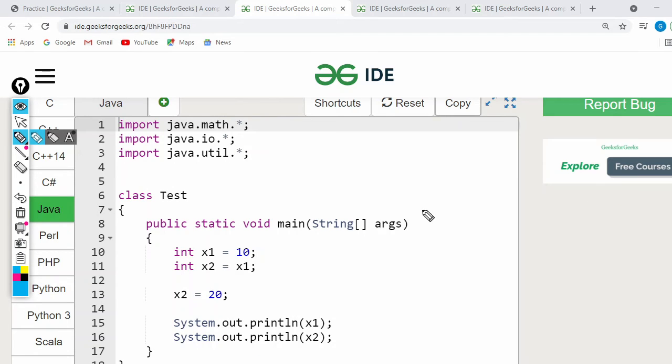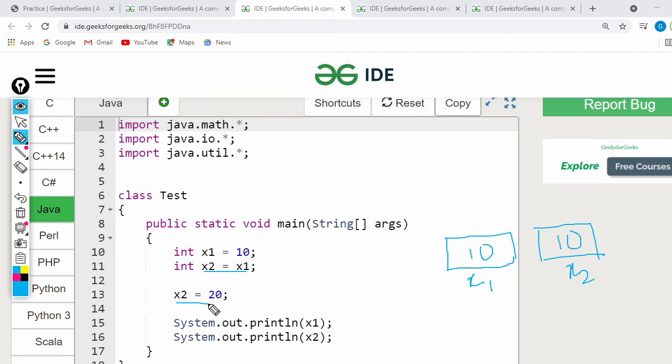But in case of primitive data types, this is not the case. They are not references. So here x1 is 10, and if we initialize x2 = x1, a new location is created for x2, and here also 10 is there.